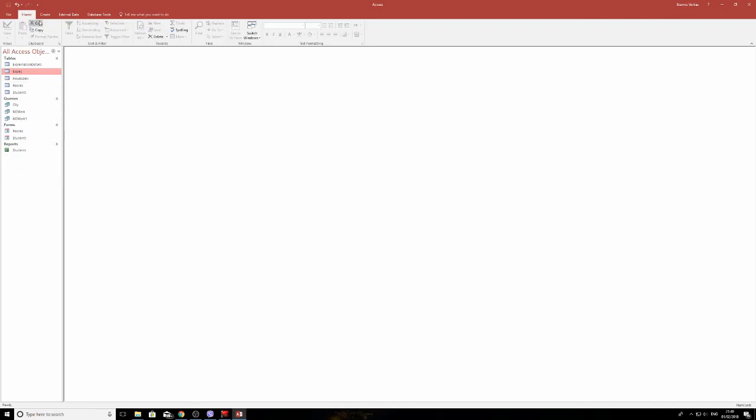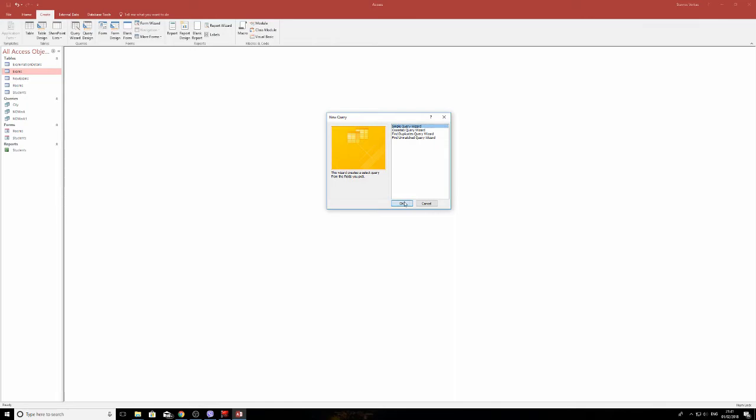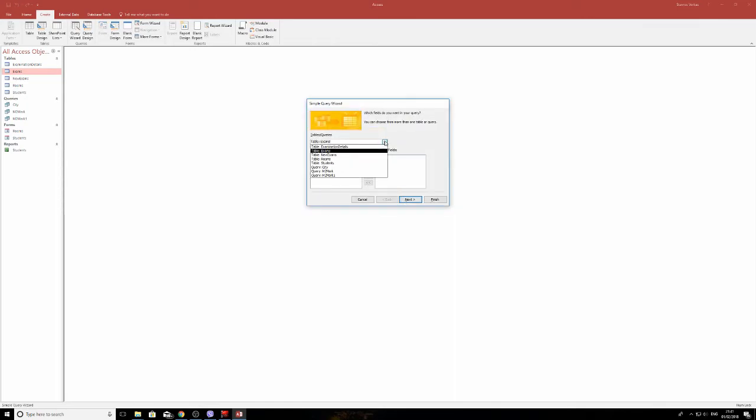To do this, I need to create, using the simple query wizard, a query. I need to find the students table, I will import everything, and I need to find the examination details table, and again I will import everything. Click Next, Next again, name the query, module name,